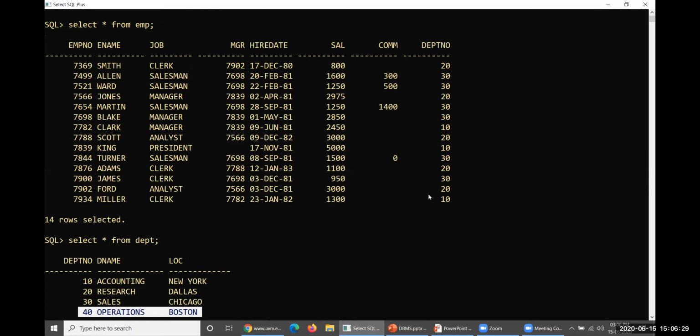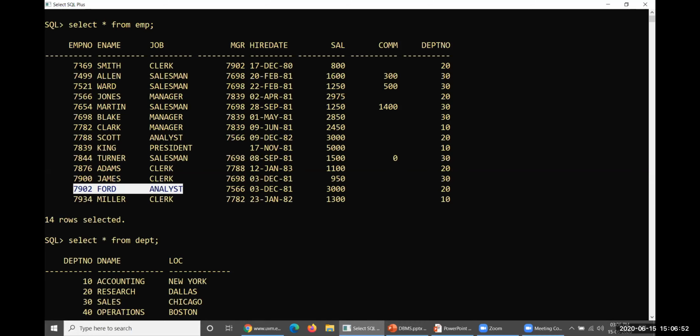You need to understand one specific point here. The point is manager number. You could understand this particular person, 7369. His name is Smith, and his job is clerk. His manager number is 7902. Identify where exactly 7902 is. 7902 is this particular person.